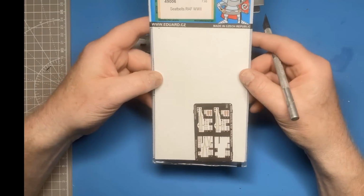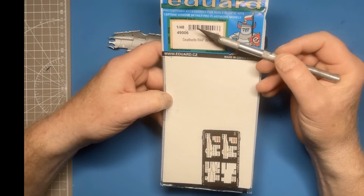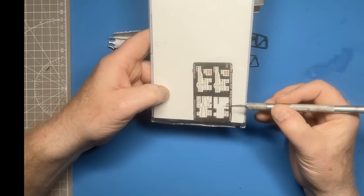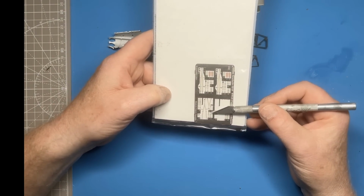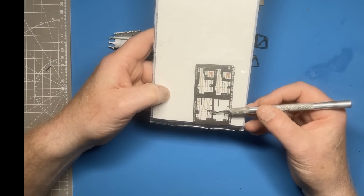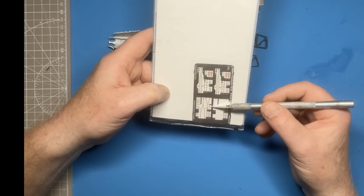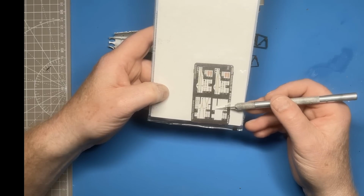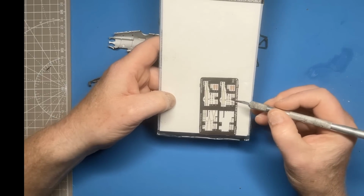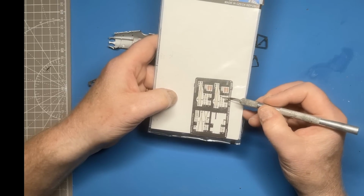Okay, time to fit some belts to the aircraft now. And I'm going to be using this set, 49006 from Edward. It's seat belts RAF World War II actually, but it does include the earlier type of Sutton A harness, which actually came into use late on in the First World War, 1918 I think it was, and went right the way through the interwar years and appeared on some early RAF fighters, like the Spitfire and the Hurricane, things like that. They were replaced later on with a similar sort of harness with a quick release button on the lap